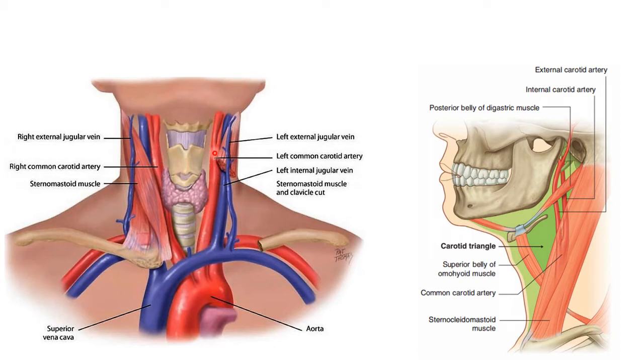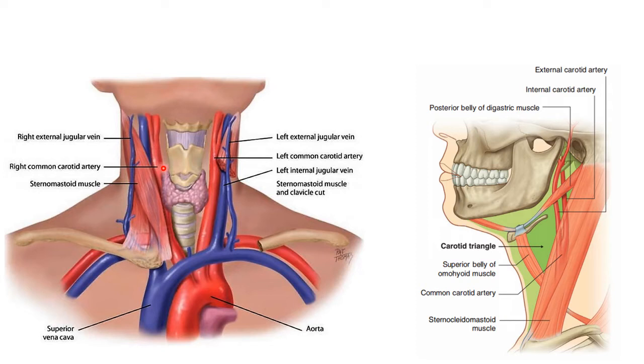They ascend in the neck on either side in a fascial compartment called the carotid sheath. They give no branches in the neck,